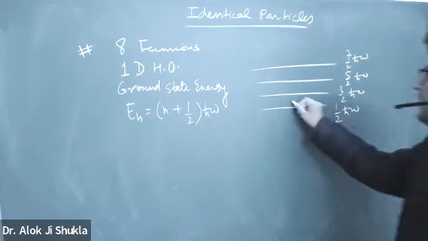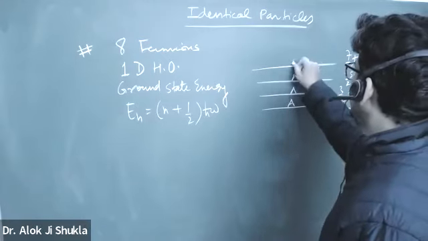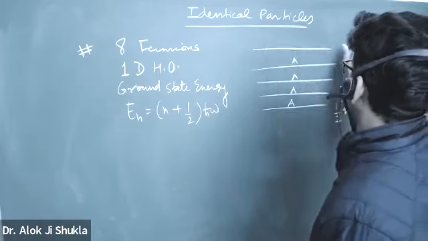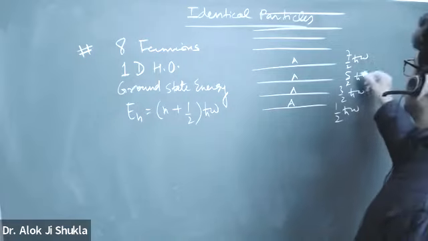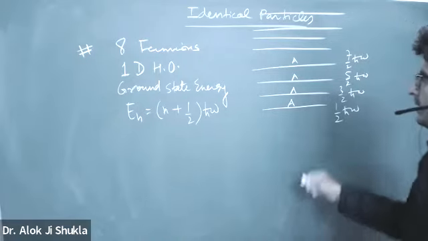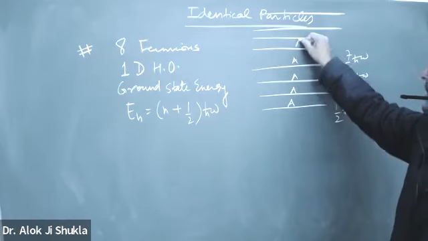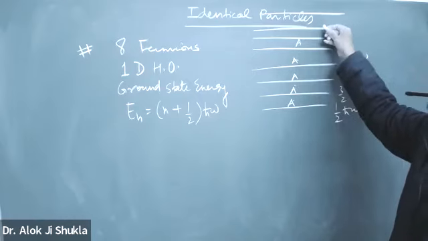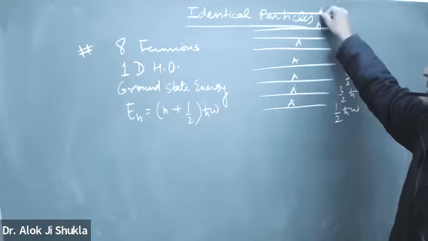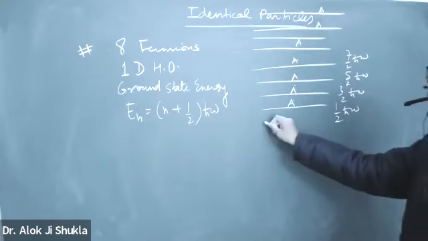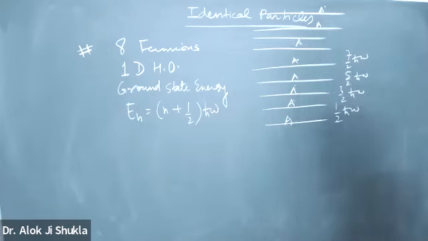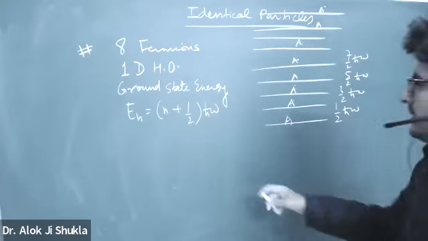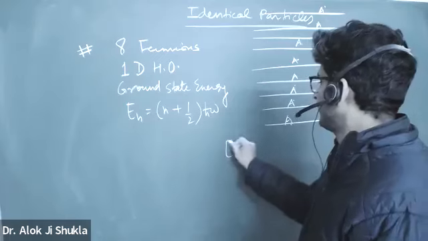And if you have 8 fermions, you need 1, 2, 3, 4, 5, 6, 7, 8. So this is the system, and the ground state energy of the system will be equal to